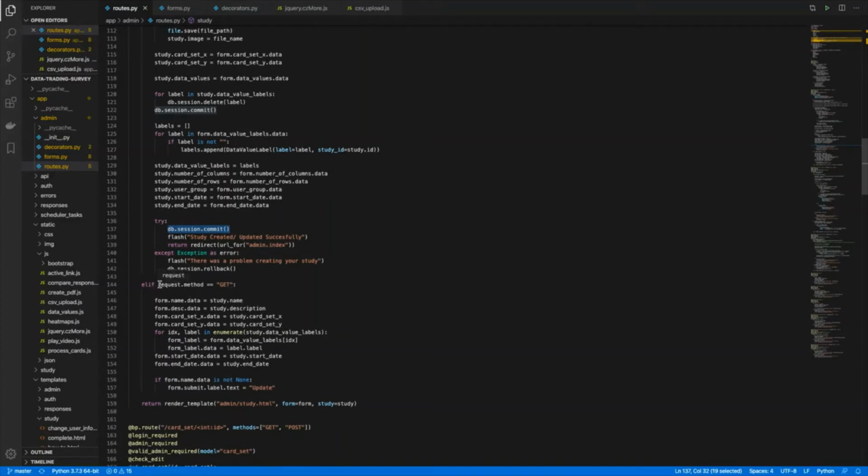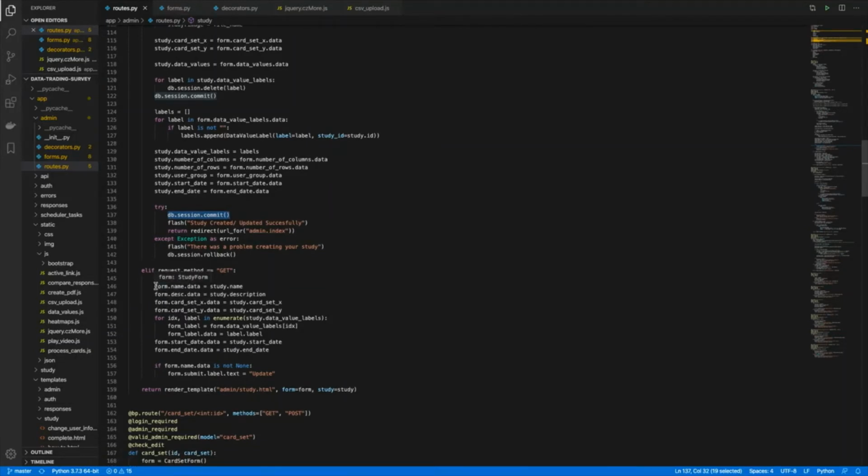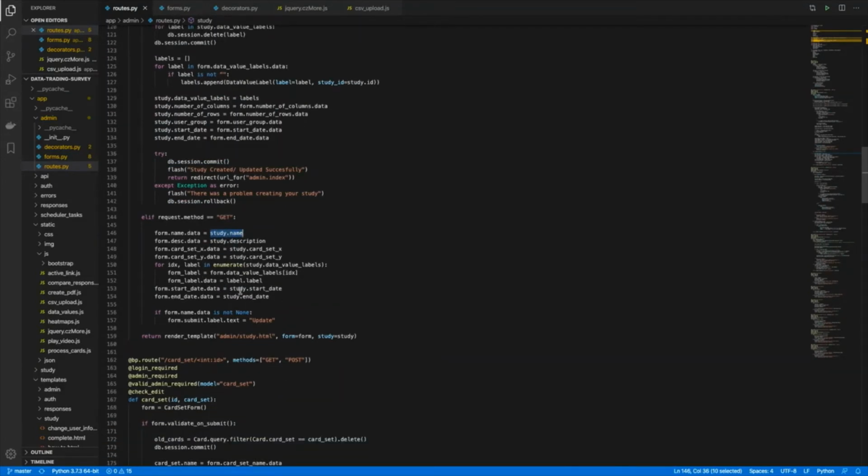If the client is performing a GET request at this endpoint, each form field is populated with any corresponding existing data from the database. So say if they've already entered information previously, they've already filled out the form and they want to modify it later on, this will basically provide the information in the form field which they've already entered previously, so they can see what they've entered before and potentially modify it.